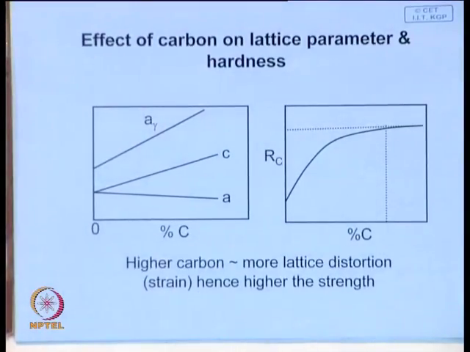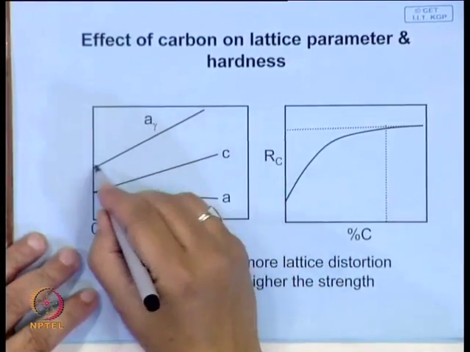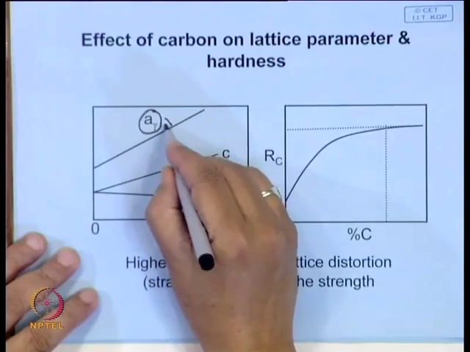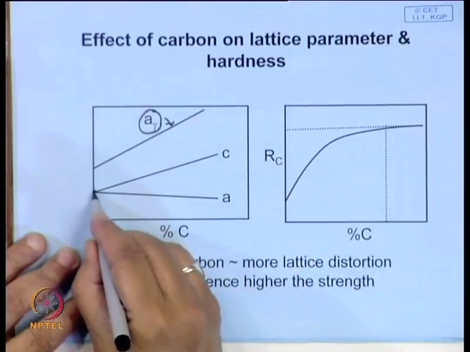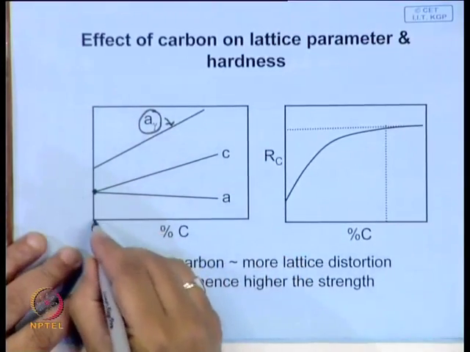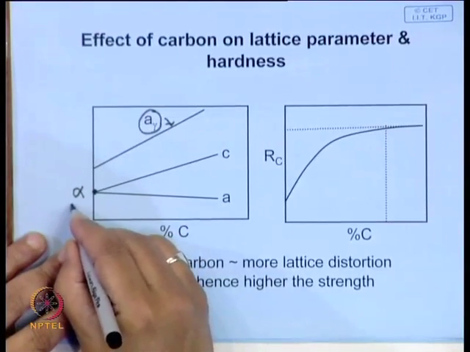And lattice distortion obviously means there will be a change in lattice parameter, which is shown over here. This is the lattice parameter of austenite, which changes with percentage carbon, and this is the lattice parameter of, we can say, martensite. When the carbon content is low, this is alpha, in that case it is nearly BCC,